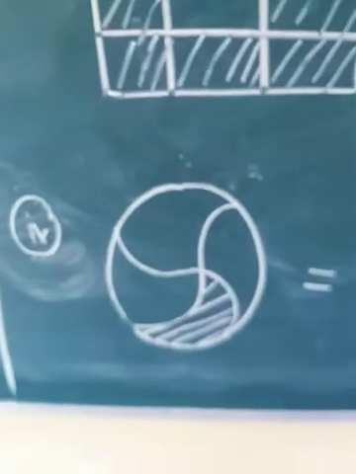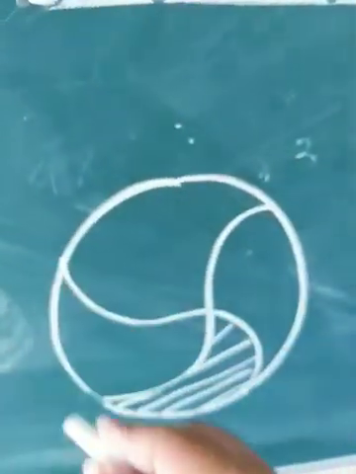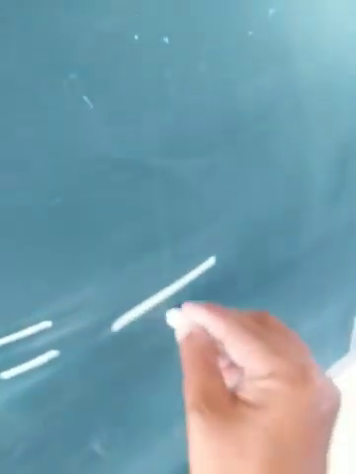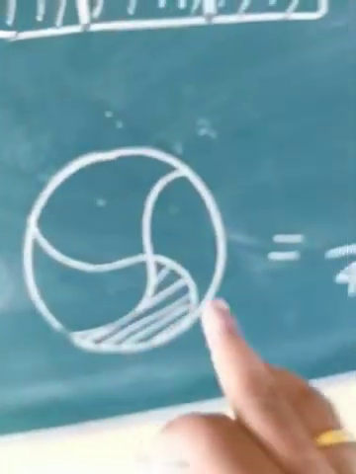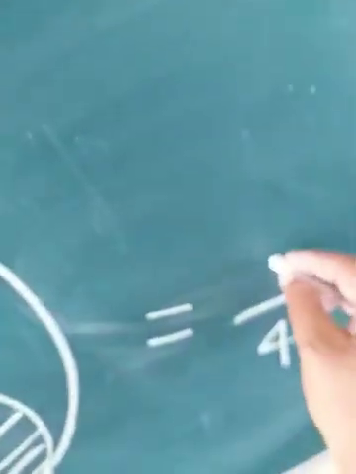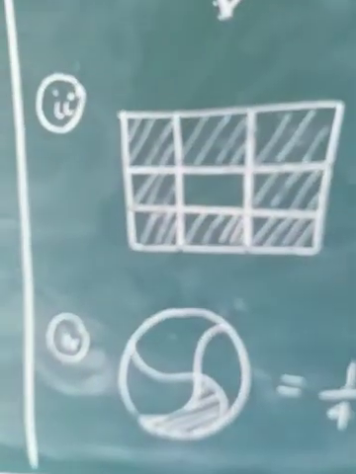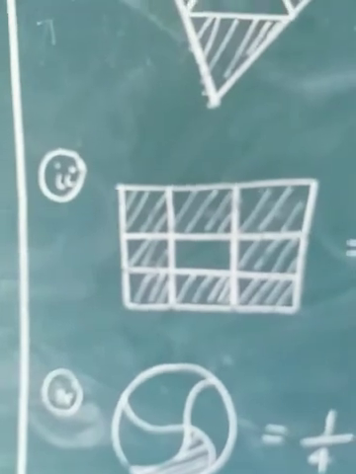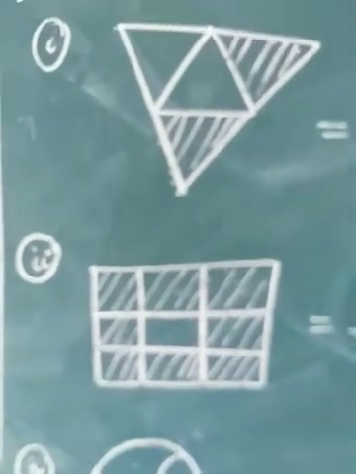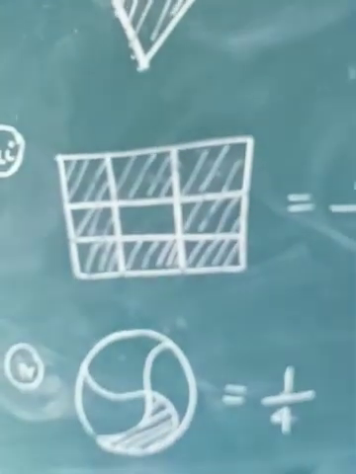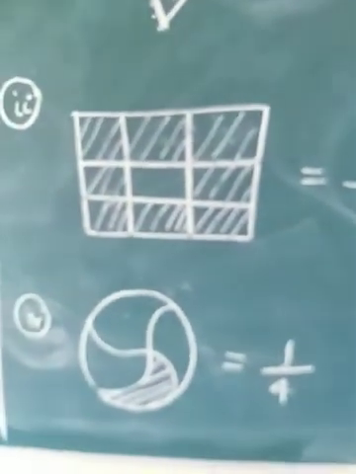Now let's move on to sum number 4 of question number 1. You see one figure is there. Now this entire circle has been divided into 4 equal parts. Okay, so we'll write denominator as 4. Now how many regions are shaded? Only one. That is, only one part is taken as consideration. So we'll write 1 by 4. Now you see there are many other questions in question number 1. So those questions which I have not done here will be considered as homework. Okay, so you will all do those sums as homework.